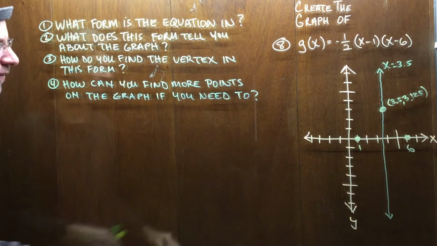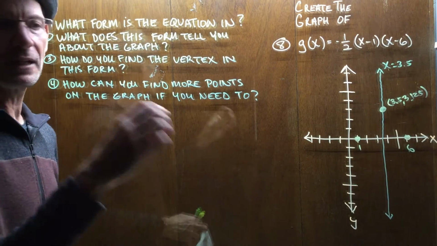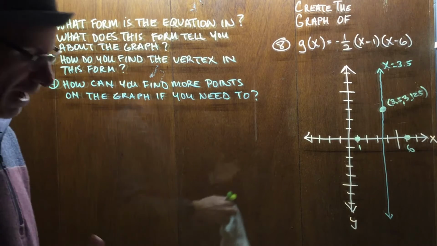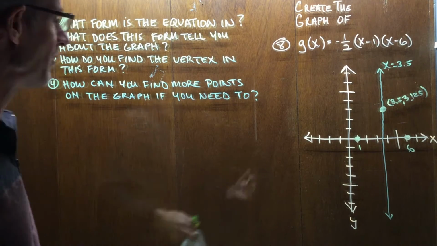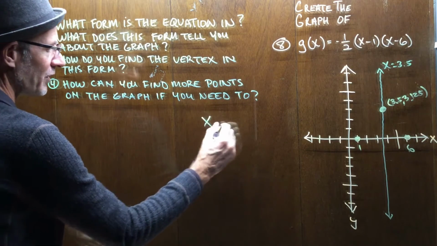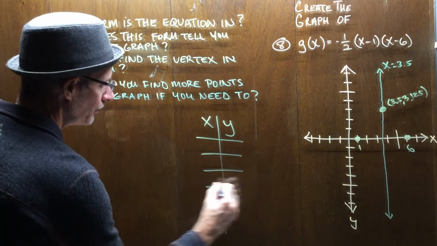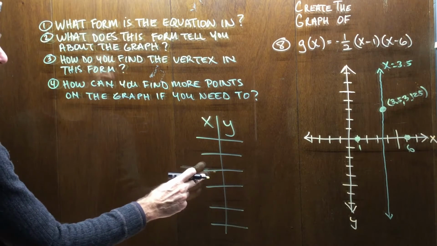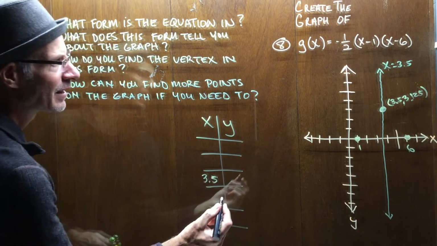And I realize on this graph we already have 3 points. We can make a pretty accurate picture of our parabola without any more points, but I want to make sure that everyone knows how to use a table because it comes up so much. So we're going to make a table that looks like this. And at this middle point on our table, we're going to put in our vertex. So this is 3.5, comma,